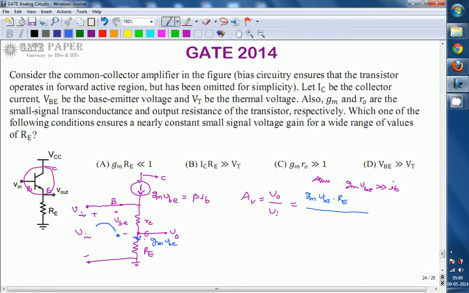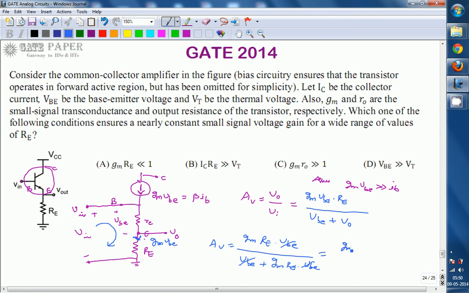From the KVL, Vi is equal to VBE plus V0. So AV is gm Re VBE divided by VBE plus gm Re VBE. Taking VBE common, we get